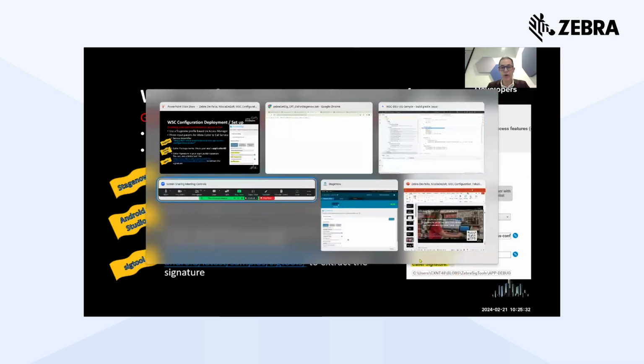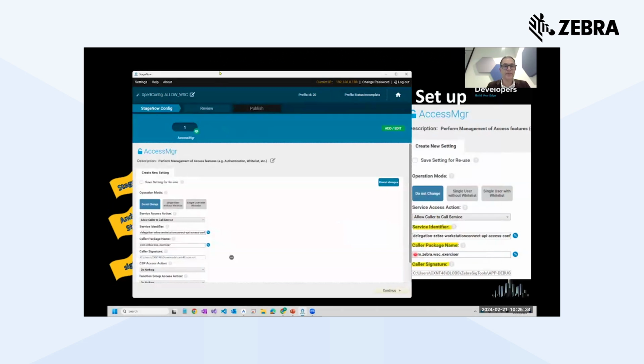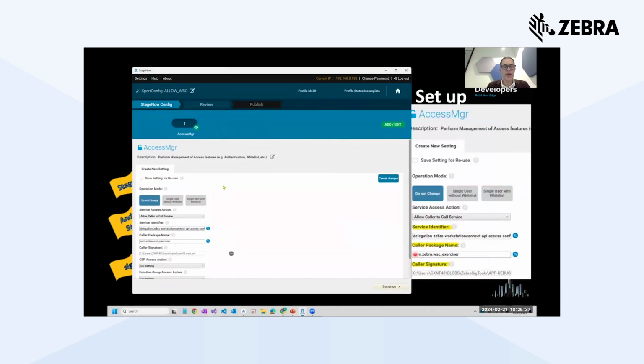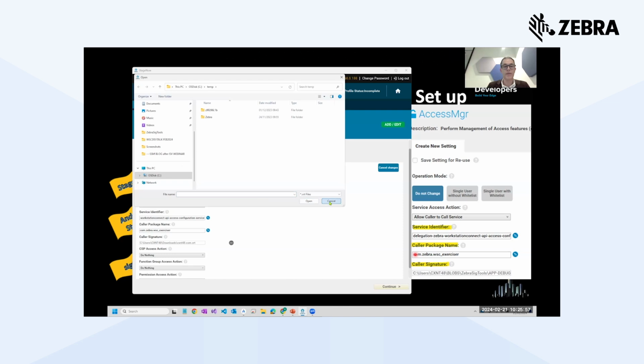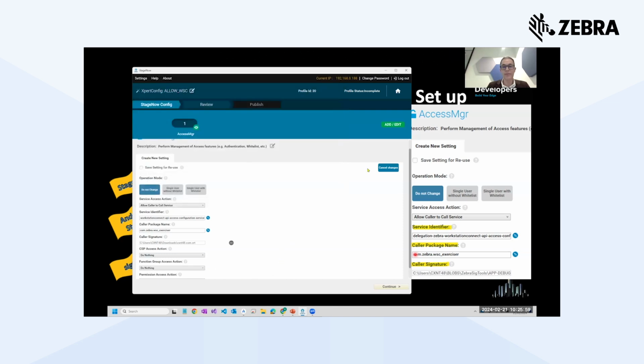I can also show you how StageNow appears live. So this is the Access Manager. I have just this feature enabled. As you can see here, I chose the allow caller to call service. And in the service identifier, this is the string entered, the package name, and the CRT file was loaded from my file system into the specific Access Manager configuration. Once done,